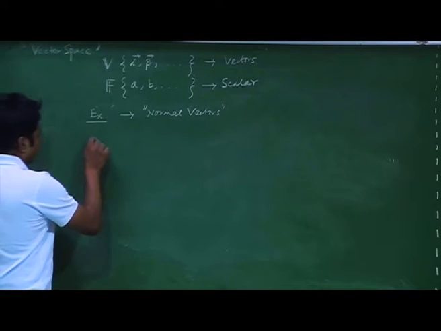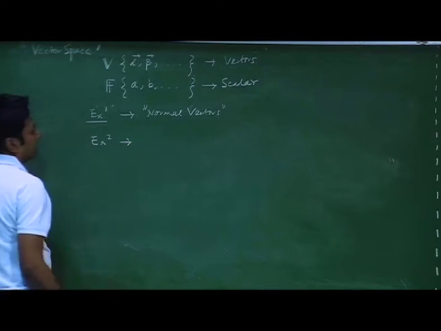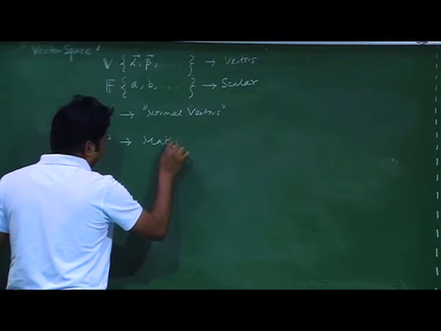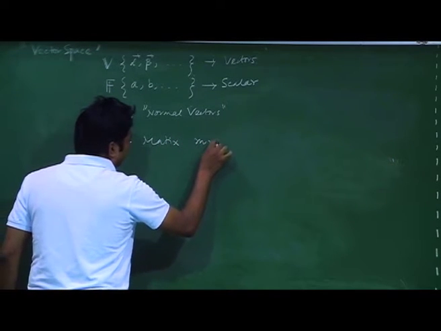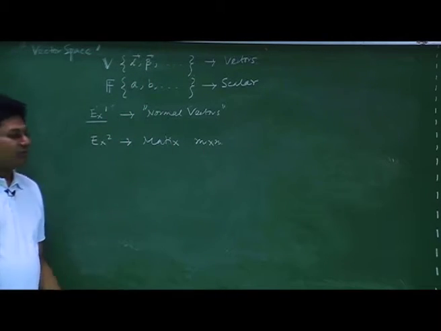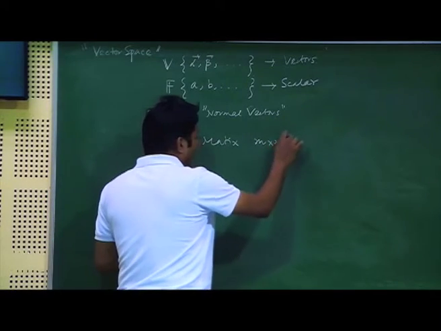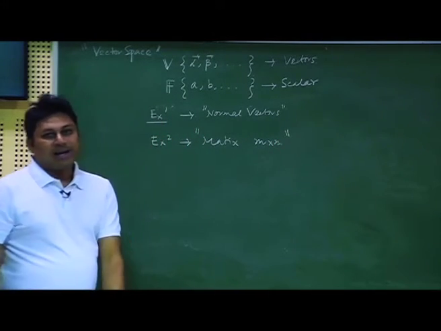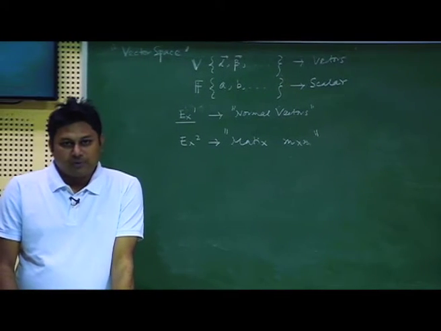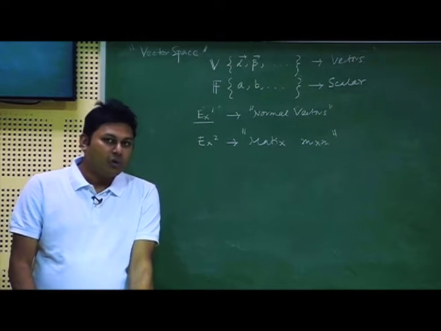Apart from that, I can put another example. This is example 1 and this is example 2. It is the matrix. Any n by m matrix can form a vector space. So here I should put the emphasis that it is not necessarily that whenever you learn the word vector, that essentially means the vector which has the direction and amplitude. Rather, there are many other elements which can form a vector space.